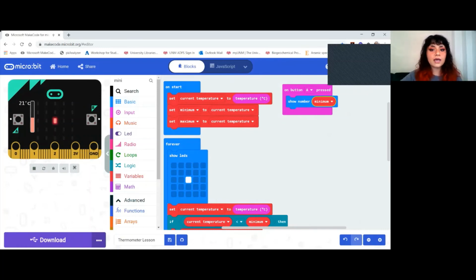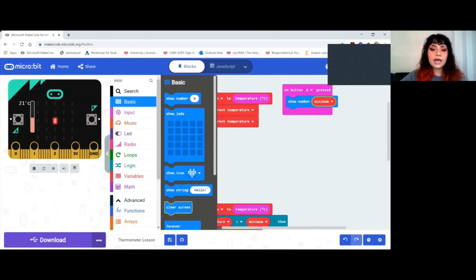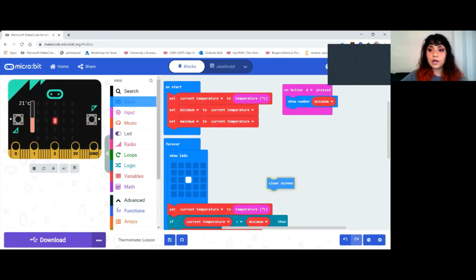I just want it to show one time and then go away. So we're going to use that clear screen block one more time. We're going to go over to basic, grab this clear screen block, and place it right underneath show number. So if I go over to my simulator, I can change the temperature up and down,